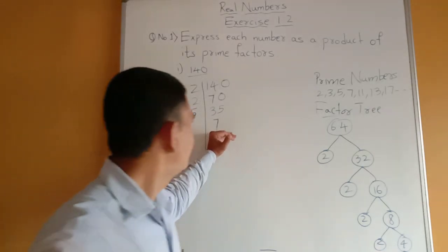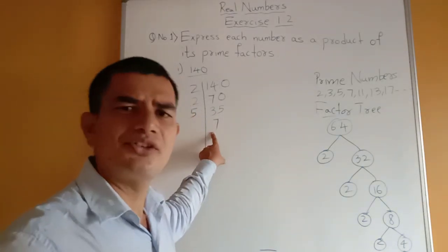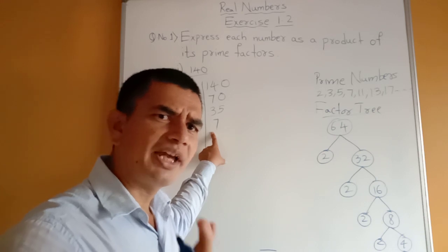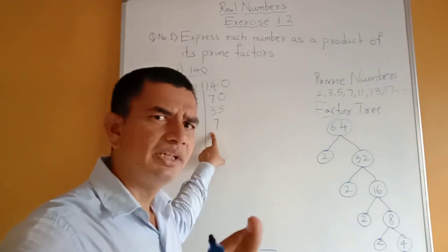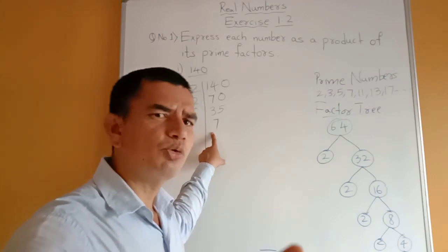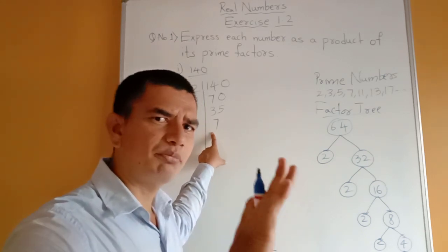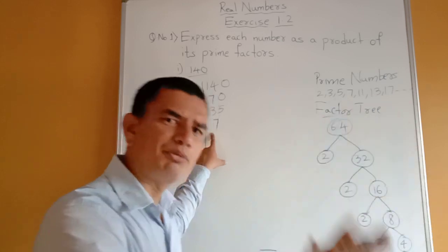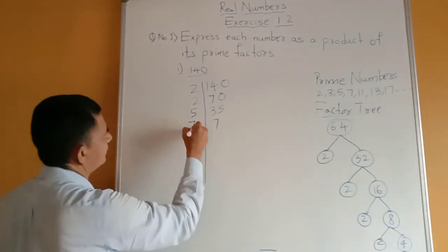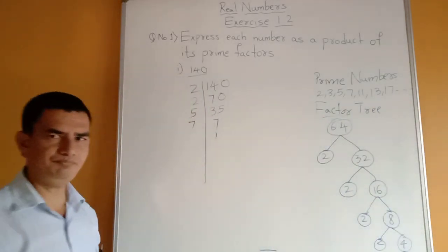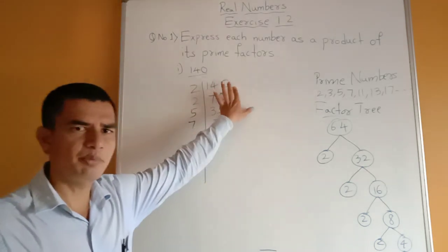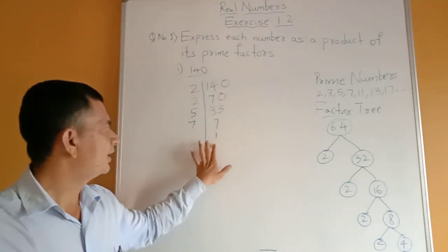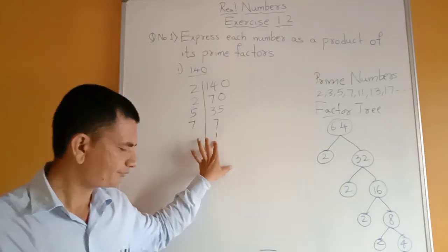Okay. Now see here. Already 7 is a prime number, so we can take 7 directly. You have to remember this always: if it is a prime number, it is not divisible by any other number, and we can directly take the same number. See here, 7 1s are 7. Now we have to continue this process until you get 1 here.